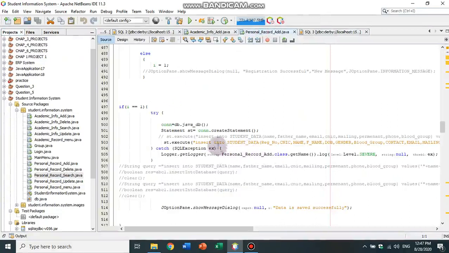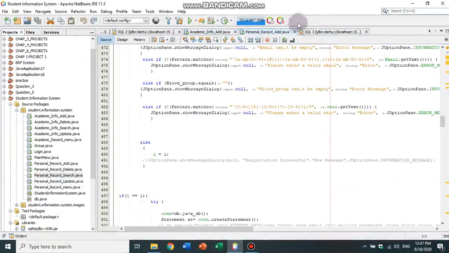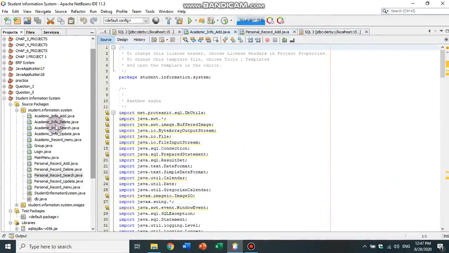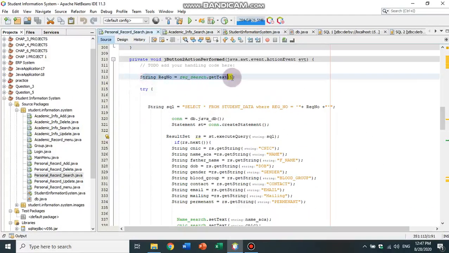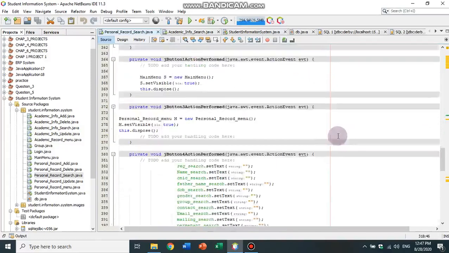So first we will take the registration number from the user, and then we will select the student data from the database for this particular registration number.